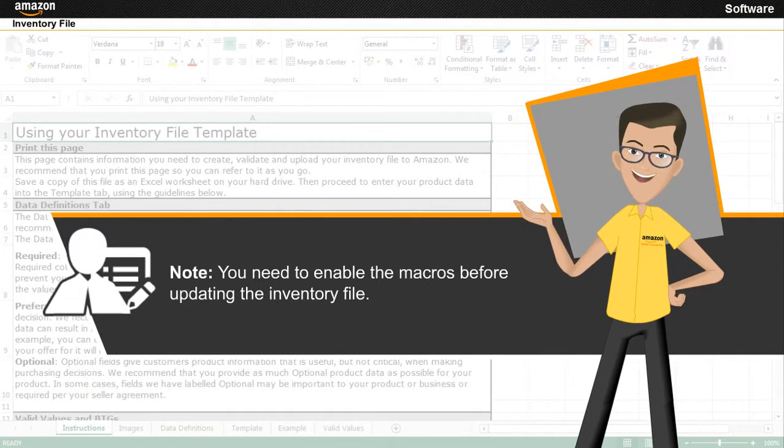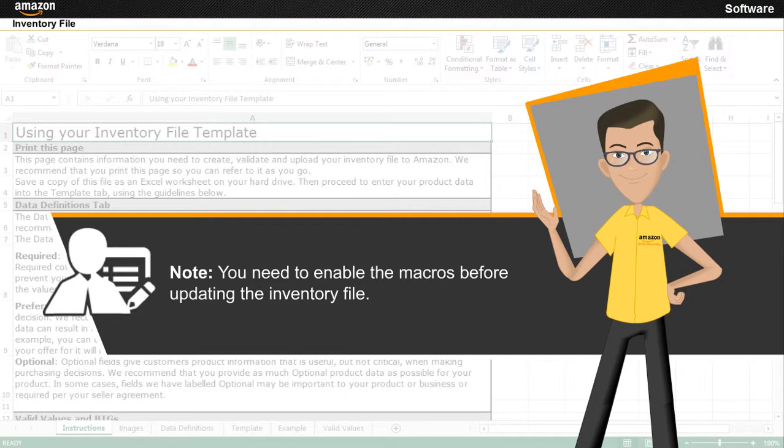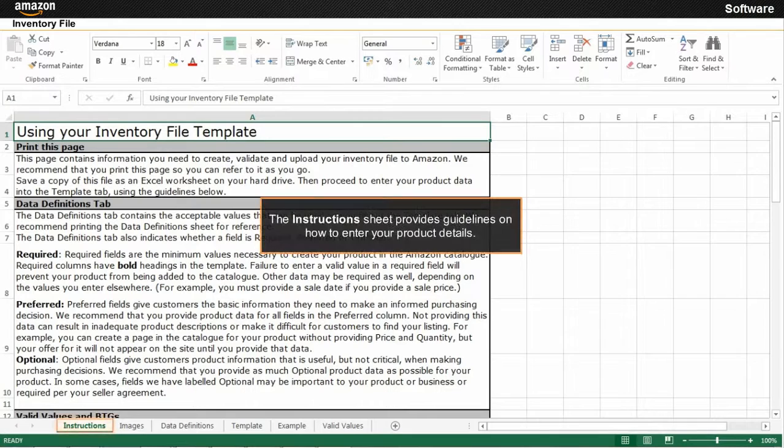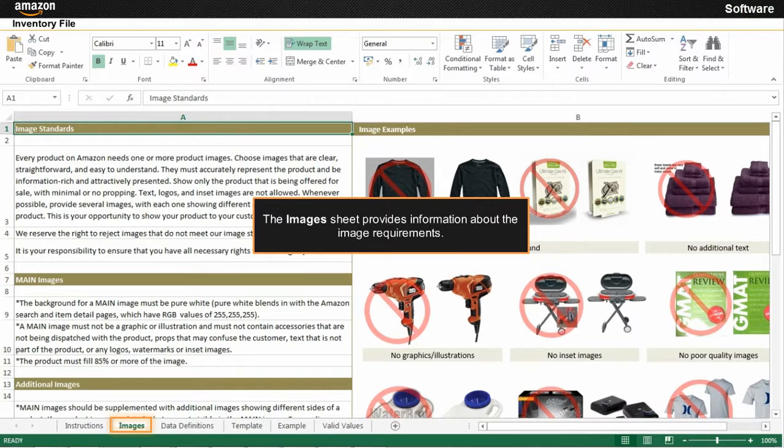Note that you need to enable the macros before updating the inventory file. The instructions sheet is displayed by default when you open the file. You need to refer to the guidelines available on this sheet to enter your product details. The Images sheet provides information about the image requirements you need to keep in mind while uploading product images on